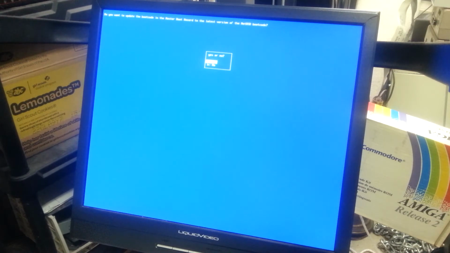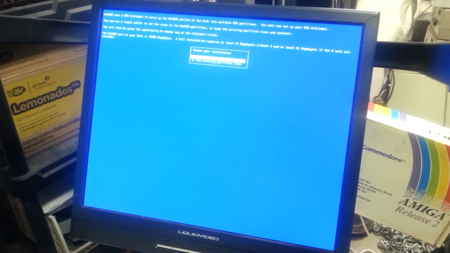Do I want to update the boot code in the master boot record? I can't think of a good reason not to do this. I always do it. I suppose if you don't know what your existing settings were and you want to keep them, but I don't know